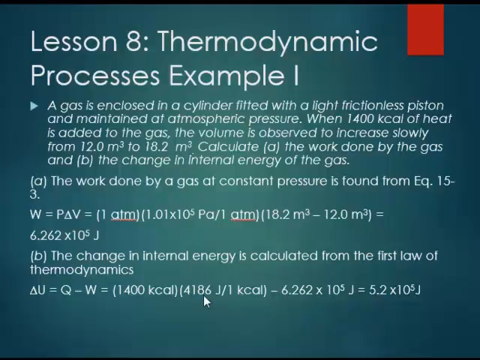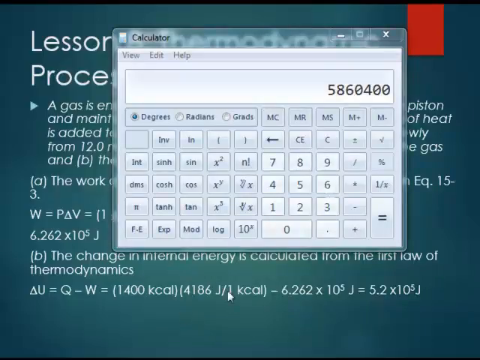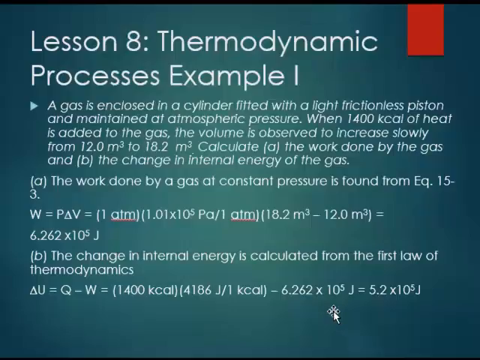So we're going to convert those kilocalories to joules and then subtract off the work done. If we do this, we see this is the number of joules. Notice it's actually very large, minus the 6.262 times 10 to the 5. This is actually quite a bit bigger. This is 5.86 times 10 to the 6. So this is going to give us a final value of 5.2 times 10 to the 6 joules. Hope you've seen how useful this can be and how these problems can apply to things you're going to do in your everyday life with thermodynamics.